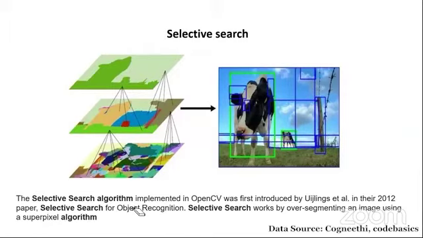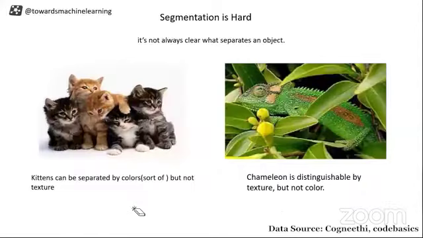Now segmentation is not easy. It's something different, something hard. If you see this, there are multiple kittens inside this image, and if I ask you to differentiate between them, what will you say? You might say let's differentiate based on the colors. This has a slightly different color than this, and you will be able to say that this is a different kitten and this is a different kitten.